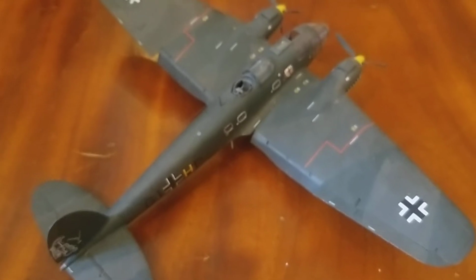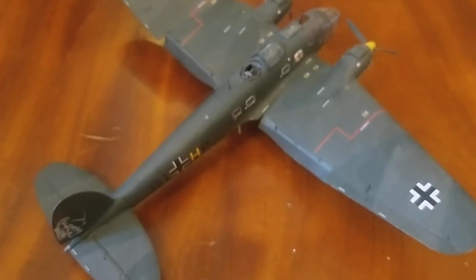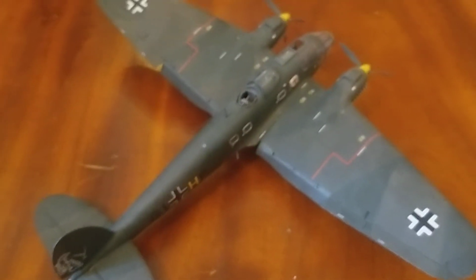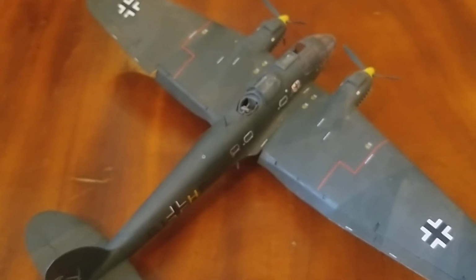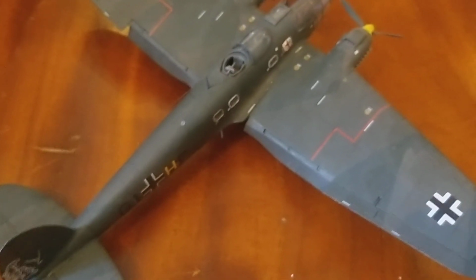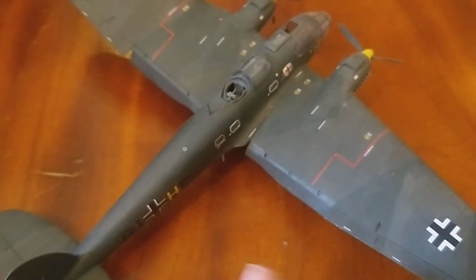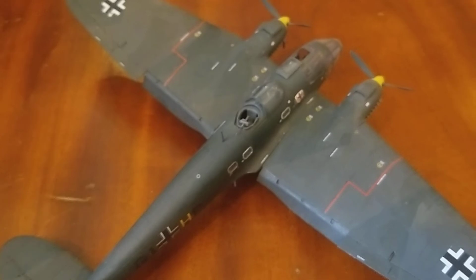I'm curious if people have had similar problems when they've made their version of this kit. Yeah, I'm curious if people have had problems before, similar problems or different problems even. Have you tried gluing the fuselage together and yet the interior actually stopped you? I tried a couple of those before and had that issue a couple of times before. Not with this one, but I know other kits I have had that one. If so, yeah, let me know